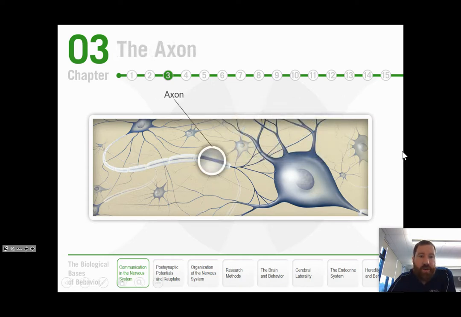The connection between neurons is called the axon. Okay, so here you can see the axon is actually the axon for this neuron over here. So this is this neuron. You can see its dendrites branching off, and then it has one long connection to another neuron. This is the axon. The axon is basically a long fiber, and this is where it transmits information to other cells or muscles or glands or other things that it needs to communicate to. So the axon is responsible for sending the chemical messages.